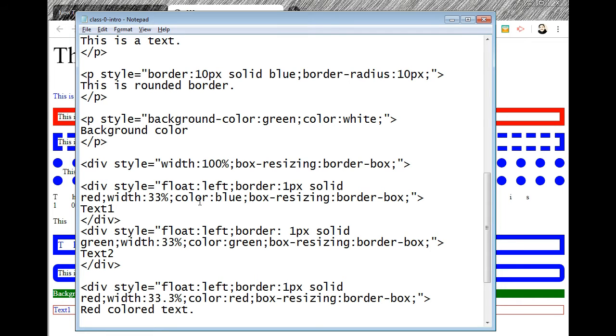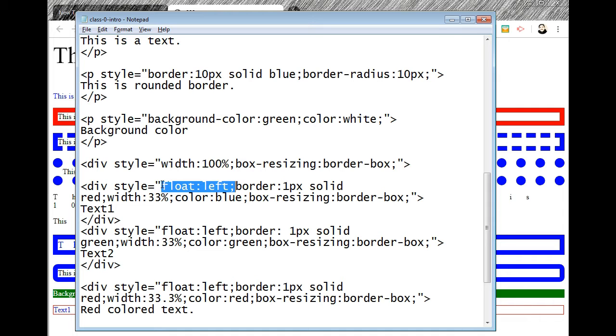If we have, for example, 20 or 30 properties, it is very difficult to manage these properties inside the style tag over here, because this is one property, this is the second property border, third property width, fourth property color, fifth property box sizing. So these are a lot of properties. To manage this, we have to put these properties into the head tag, and we will see the different methods in the next lecture.